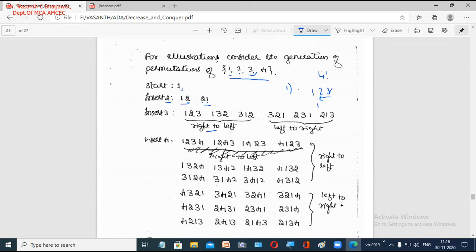First we will take 1, then we insert 3, then we get 2. So we started from the right side, first we inserted here, and we got 1 2 3. Next, in the next step, we insert 3 in between, so you will get 1 3 2. So in the next step, 3 will be inserted here, so you insert 3, then 1, then 2, right? So what we have done here is that we started with the new number 3 from the right side towards the left side, in this direction you see here. So from the right side towards the left you keep on inserting.